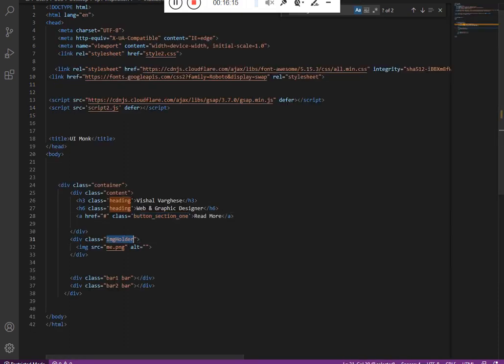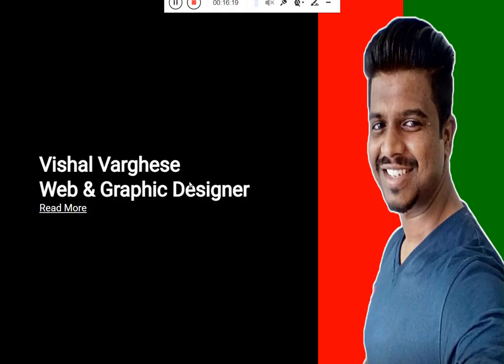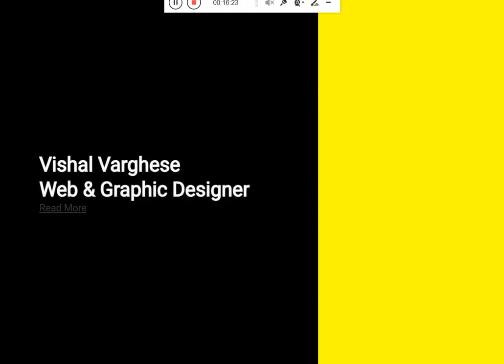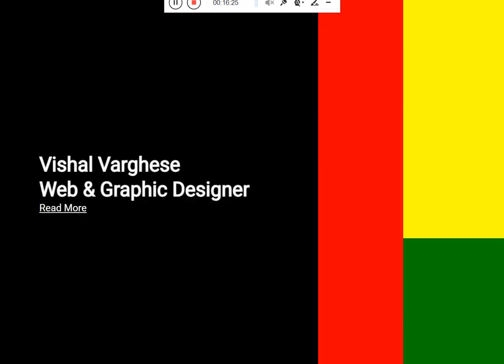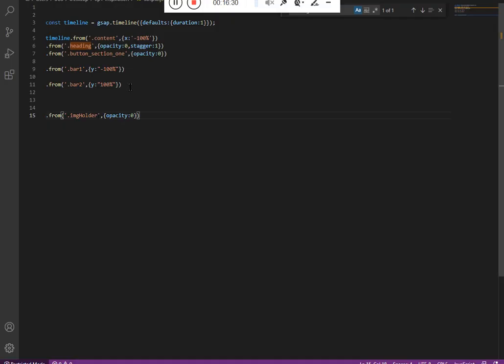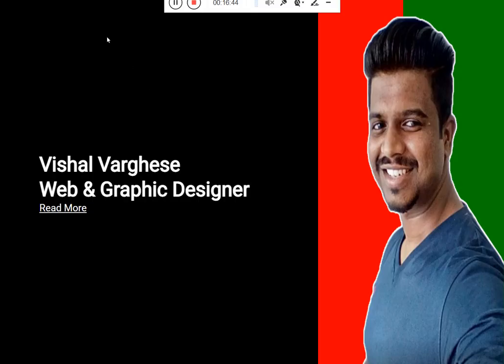Image holder. You can drag it from left as well. X minus